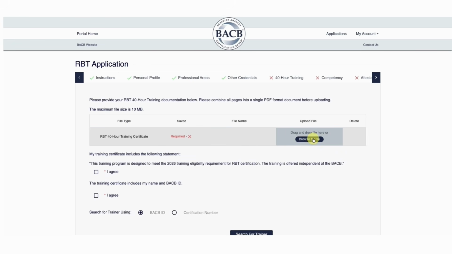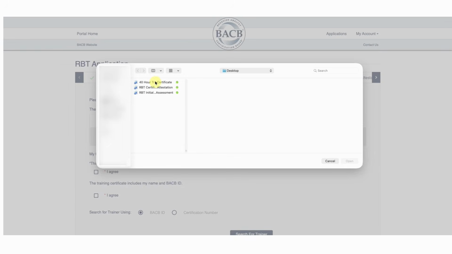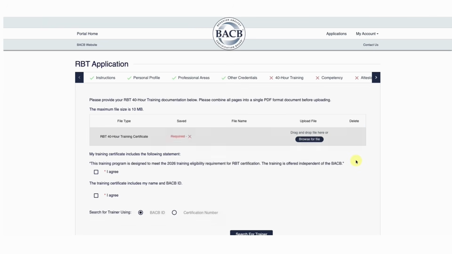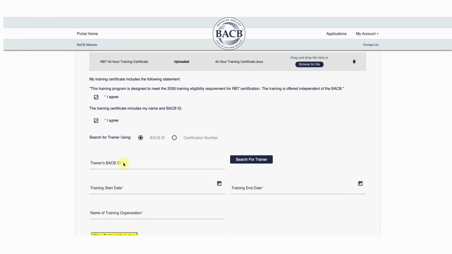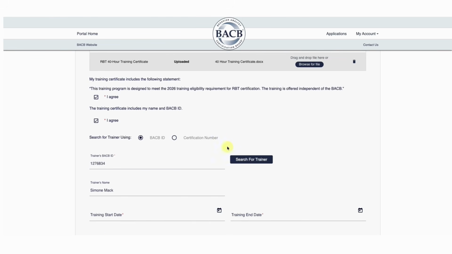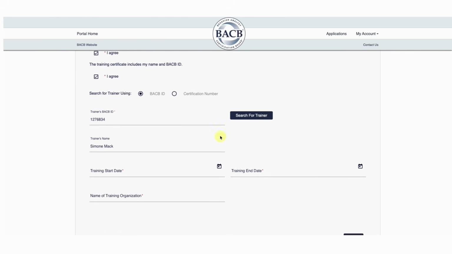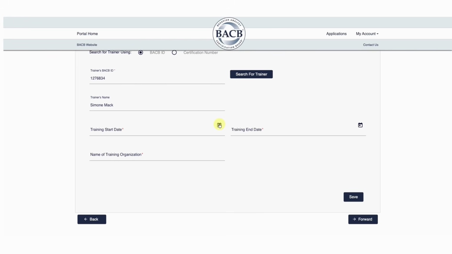Now it's time to upload your documents, starting with your 40-hour training certificate. Make sure the entire certificate is saved as a single file, then upload it and complete the attestations on the page. After that, you'll enter your trainer's information. You'll need their BACB ID or certification number in order to search for them in the system. Once you've located your trainer,